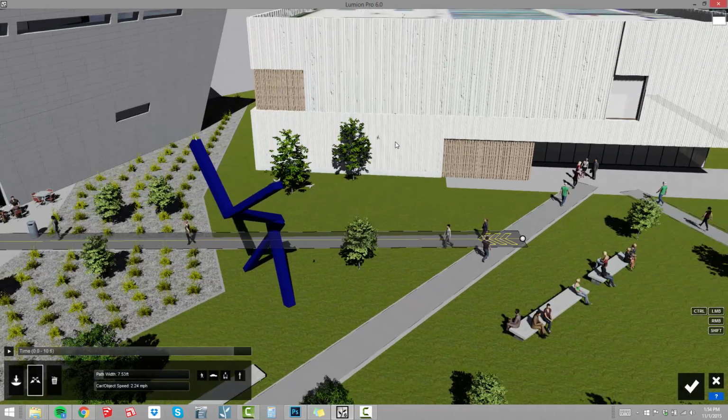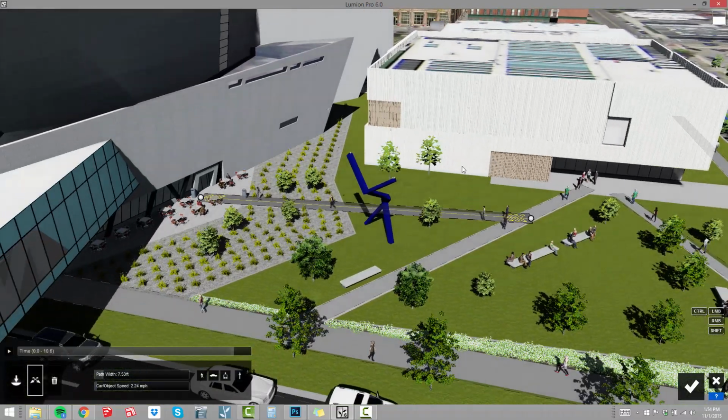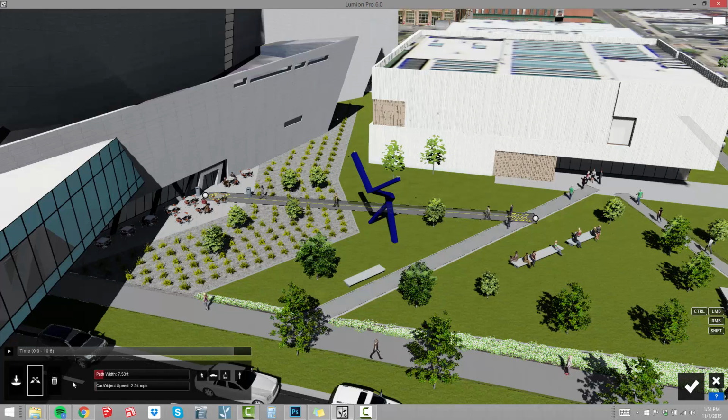And so with the improvement of the Mass Move tool in Lumion 6, we now have the ability to create curved paths, which has been really pushed, but I think what I'm most psyched about is the fact that we can do more complex paths with multiple nodes. So let's work on the people first. I'll just hit delete, and we're going to trash these